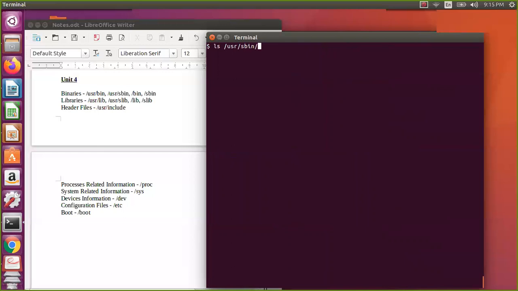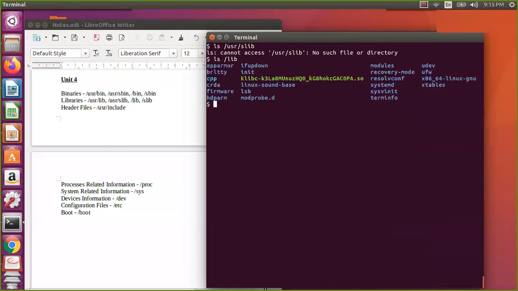If you look at /usr/lib, it is available, and /lib is available, but /usr/lib64 and /lib64 are not available.